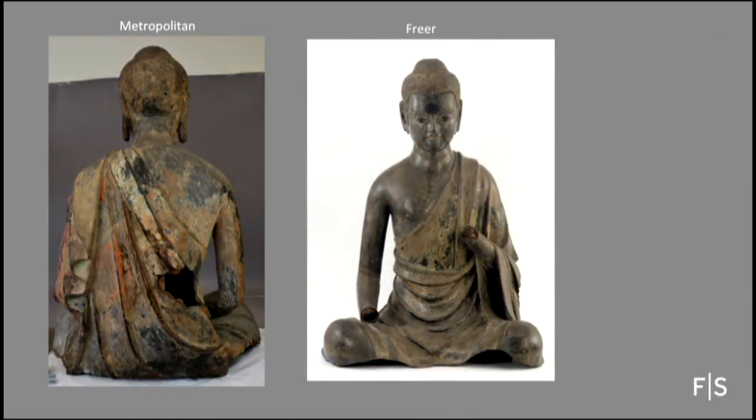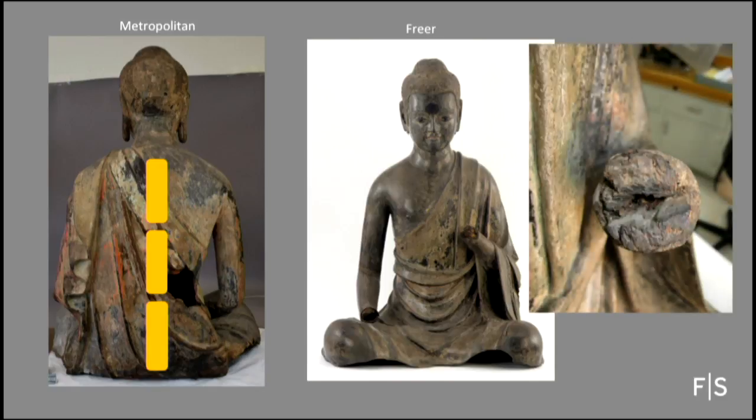Additionally, embedded in the textile in the Metropolitan image are 3 wooden boards running vertically up the Buddha's back, acting as a spine. The Freer Buddha doesn't have any wood in his back. However, his forearms are formed from 2 pieces of wood that are butt joined just below the elbow. There's no wood in the smaller Freer Bodhisattva, presumably because it is such a small size, and it didn't need